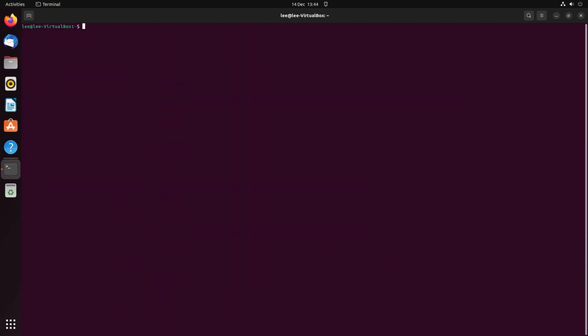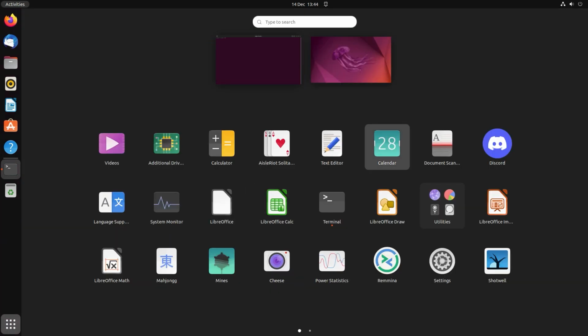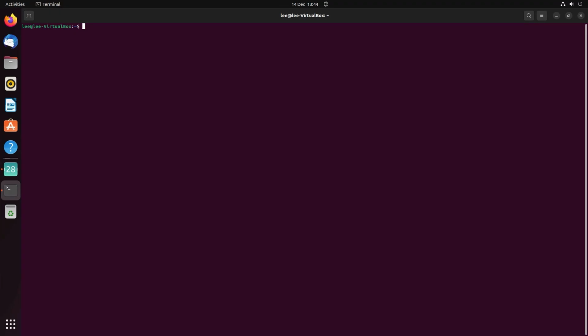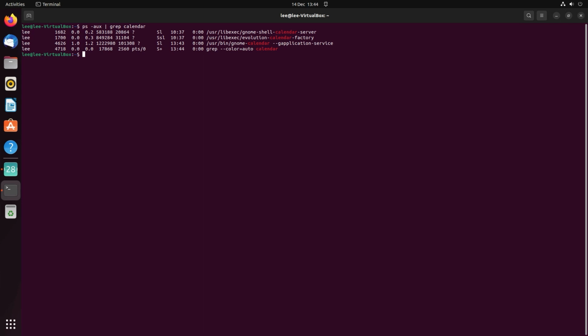To terminate a process, use the kill command followed by the process ID. To demonstrate this, we'll open up the calendar. We'll try and find the calendar with the ps command. We can see that it is running, and its process ID is 4626, so we'll use the kill command. Now this would close just with the kill command, but if an application had crashed, you would do the force close with the -9, followed by the process ID 4626, and we'll see that the calendar on the left hand side will disappear,